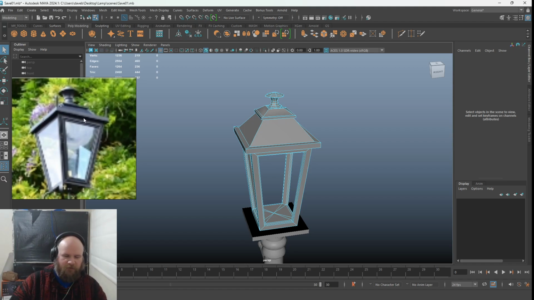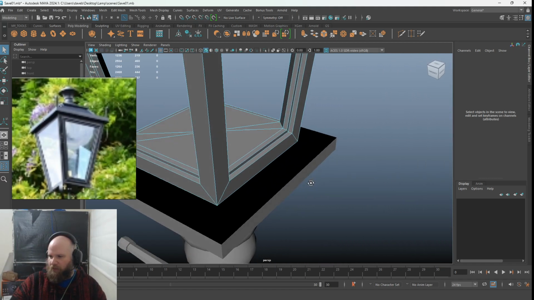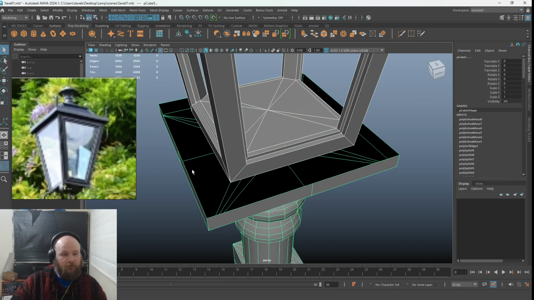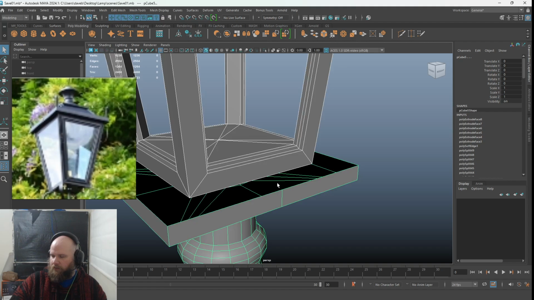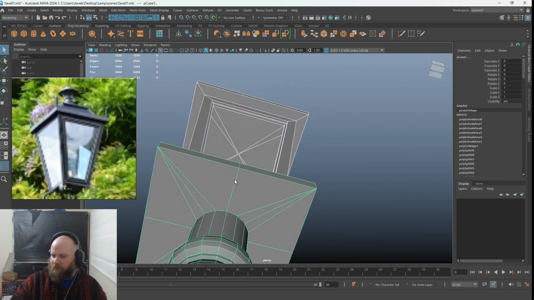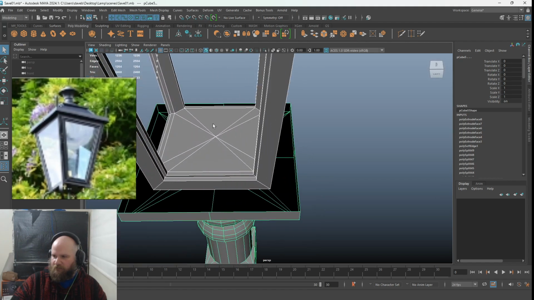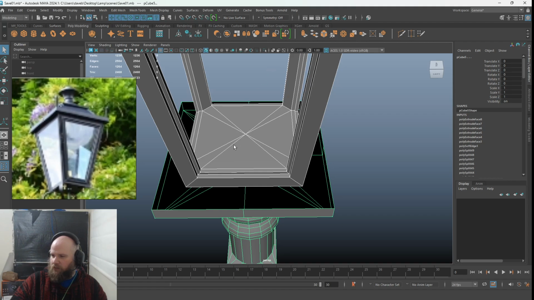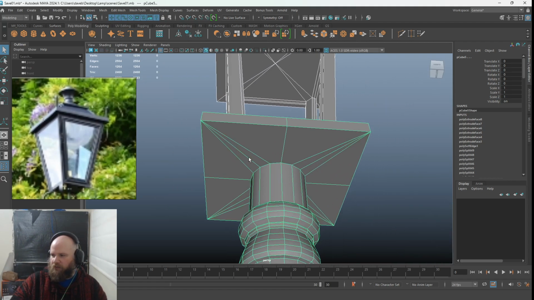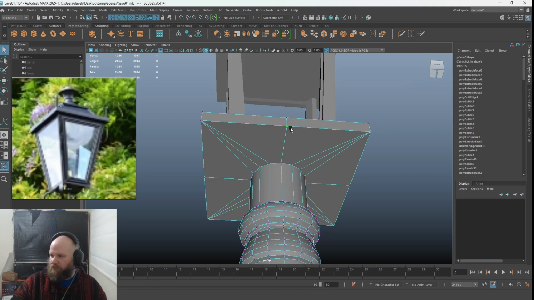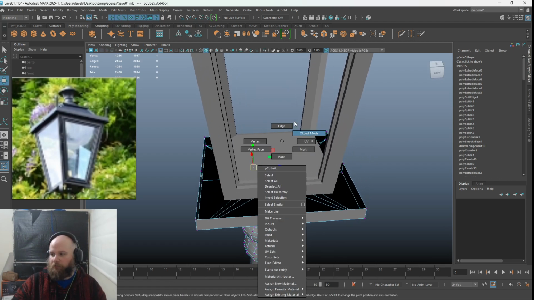In fact, no, I'm not going to put them little spikes on there. I can't be bothered. All I'm going to do now is just bridge this to this. So one thing we can do is look at this and think, yeah, we've got these edges we added in for this. That obviously they're not apparent on this one. So we could add those edges in using the multi-cut tool, or we could do some cheekiness where we could snap these vertexes on this bit to the corner. But I think to get used to using tools, I think we will add those extra edges in. So on here, on a lamp,